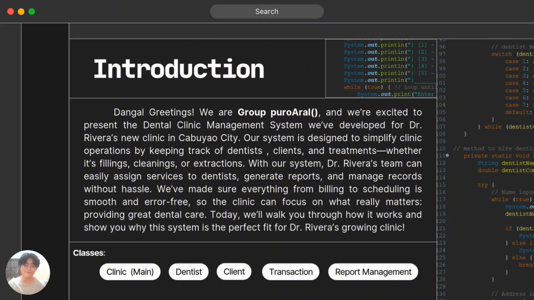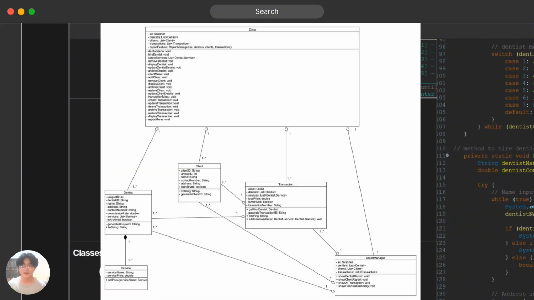Alright, so moving forward. In explaining to you, we have here a UML diagram. I cannot zoom it, so probably I will move this into another presentation. So I will be right back.